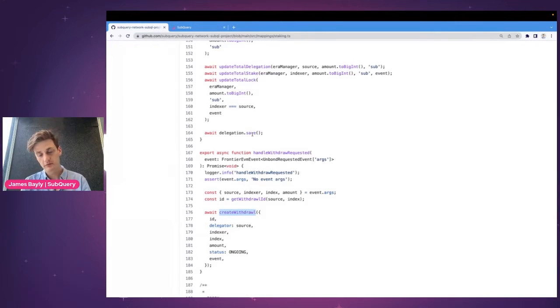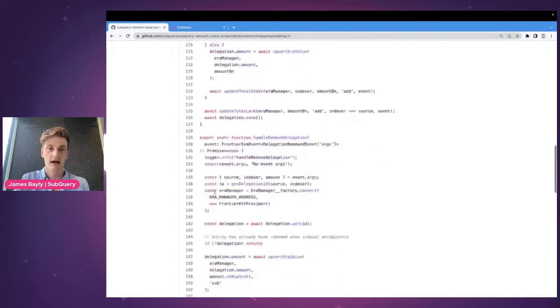And you get that fresh, pre-computed, pre-cached data that's much more performant and faster, and allows you to make much better front-end applications and provide your users with a much more intuitive and responsive user experience. So that's building a SubQuery project in an absolute nutshell, except this is obviously a really complex